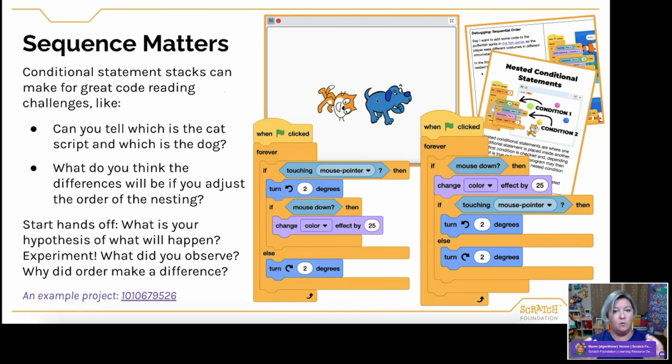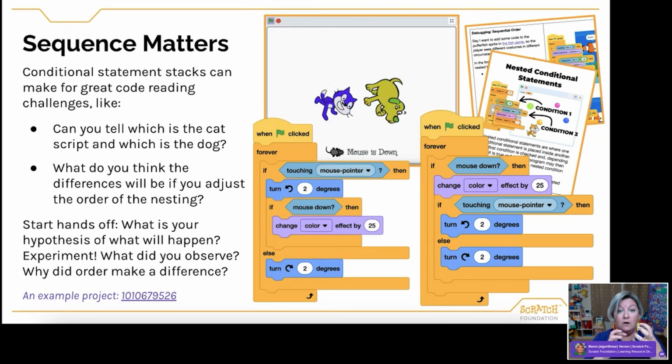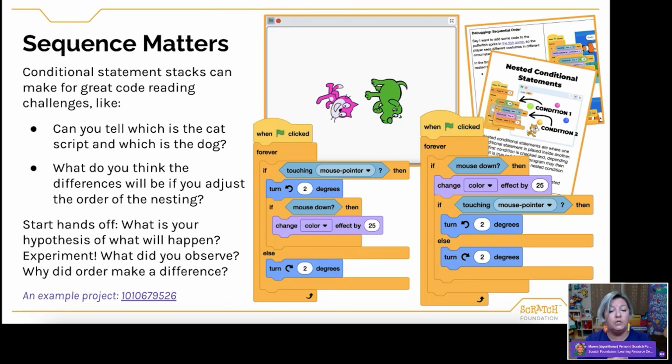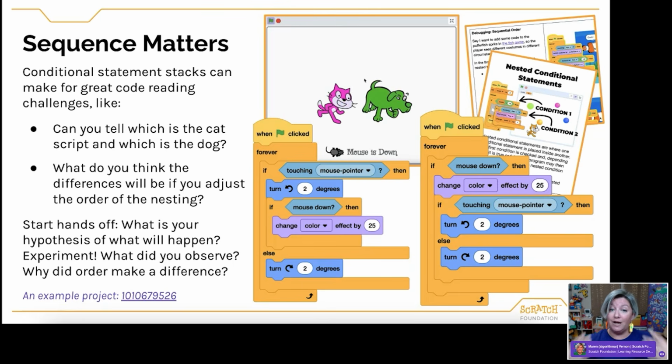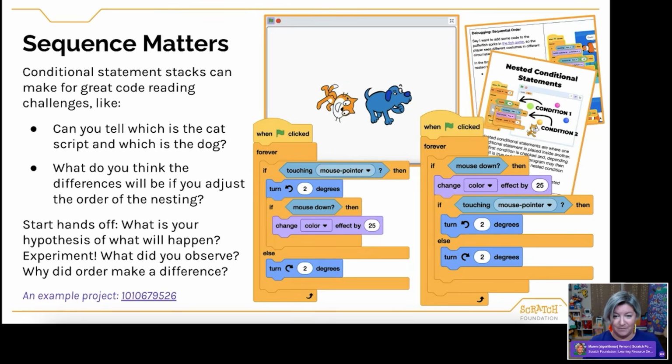And then maybe, "What do you think the differences will be if you adjust the order of the nesting?" So this is another time where I might start hands off and say, "Okay, what's your hypothesis of what will happen?" And then we create these scripts and then experiment.